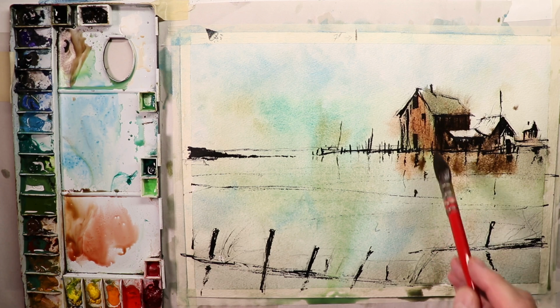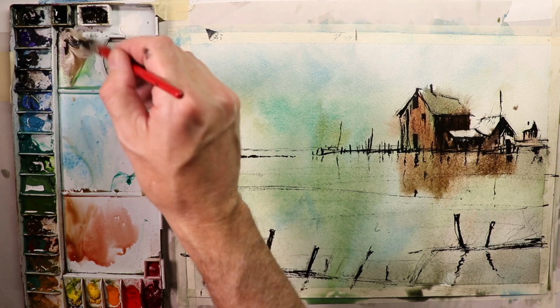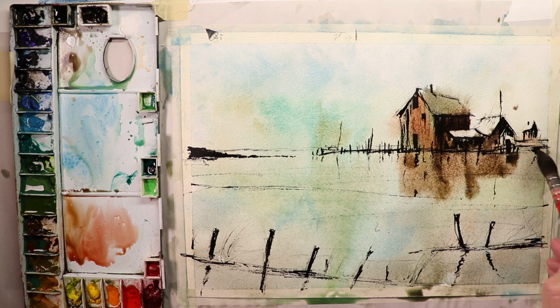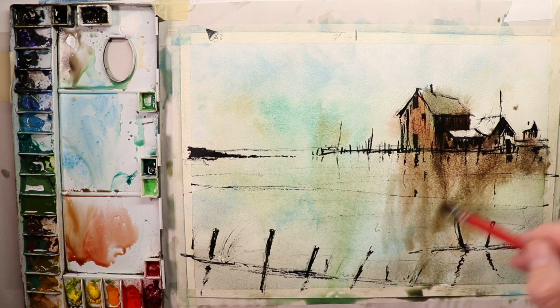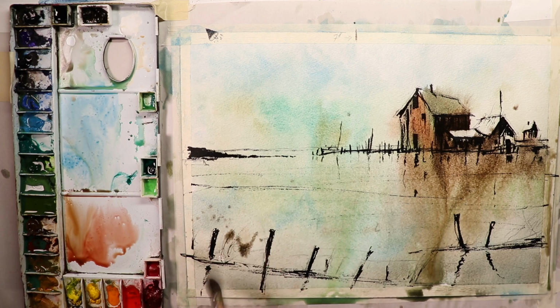And we're going to actually do this in a couple of washes, because I can see now that even though this looks great, we'll probably need to go in and do a little more, maybe some more touch-ups. So I'm just trying to do some splashing a little bit here and there. And again, if you